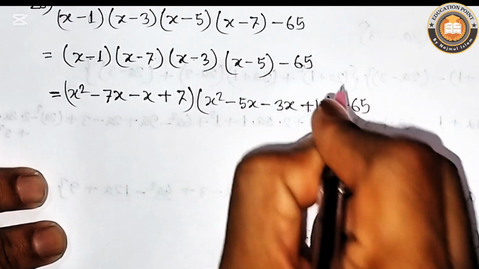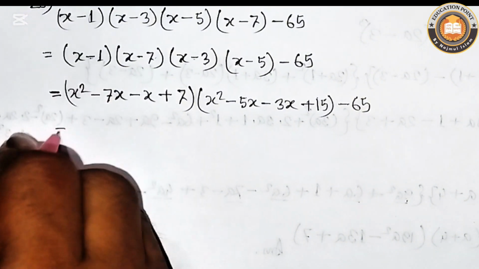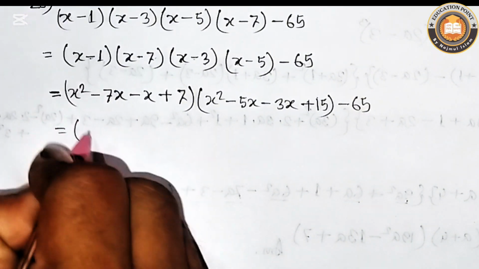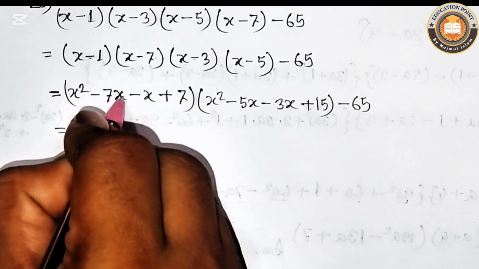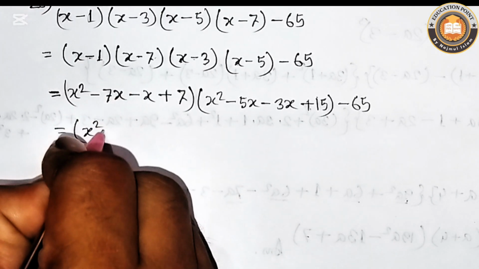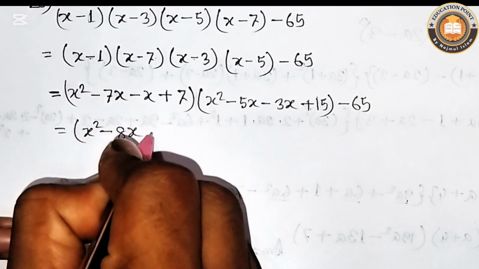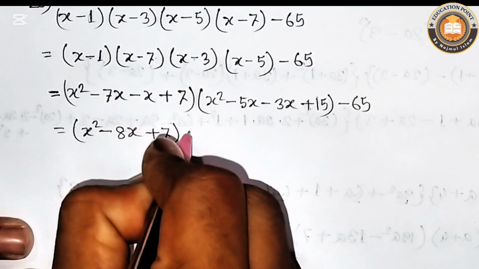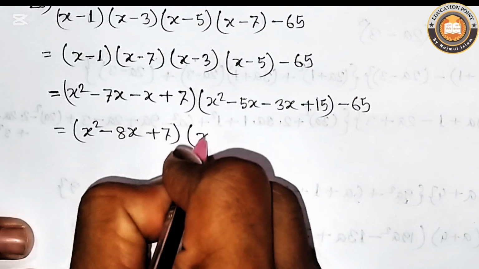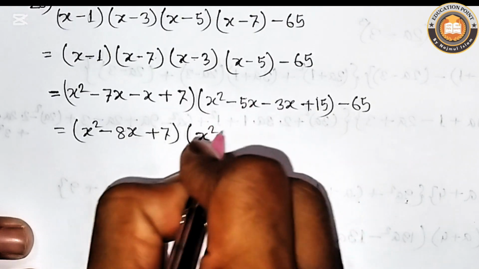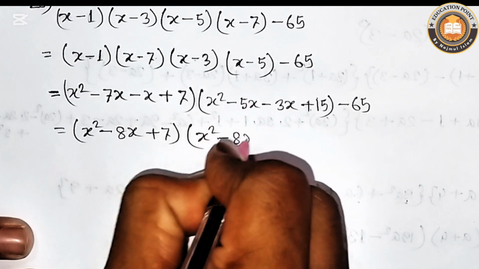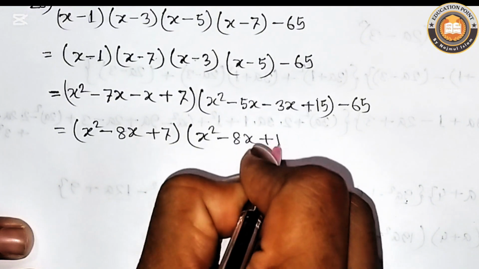Then minus 65. x square, added value of minus 7x and minus 1x equals minus 8x, then plus 7 into x square, added value of minus 5x and minus 3x equals minus 8x, plus 15